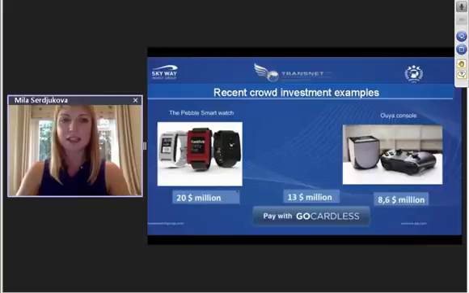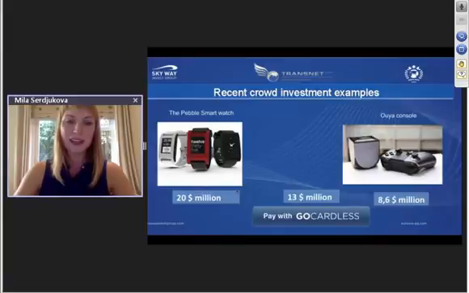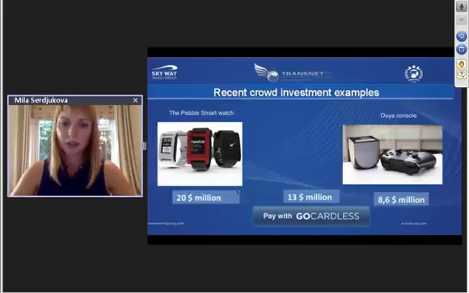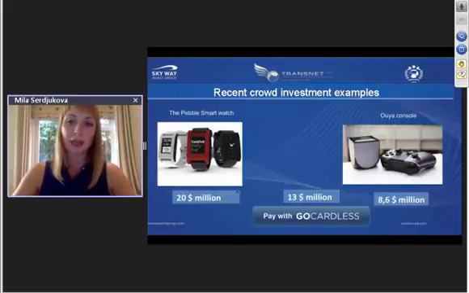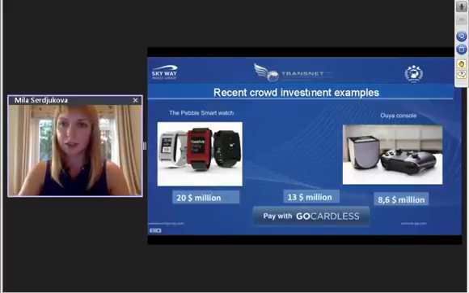As you can see here, I found these 3 examples quite interesting. We have a Pebble watch. They collected 20 million in only a few years, where people receive these watches as well, and they also get a bit of company equity. We have Pay with GoCardless. $13 million were collected, and this money was collected within only a few months. And also we have,